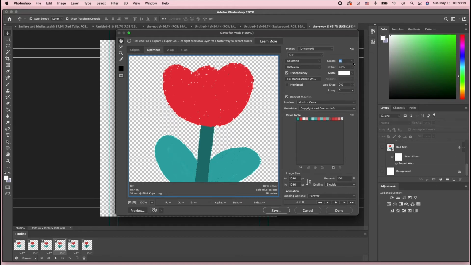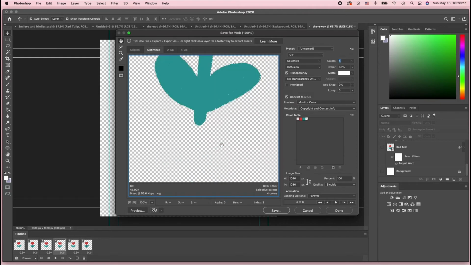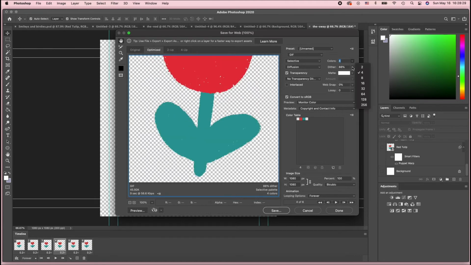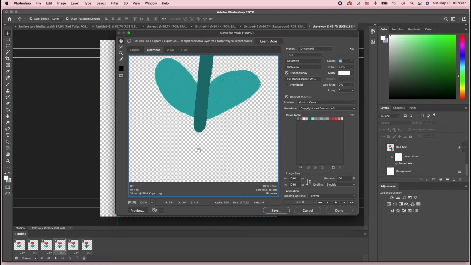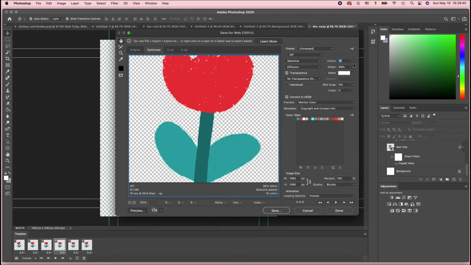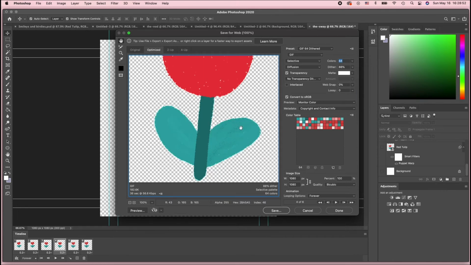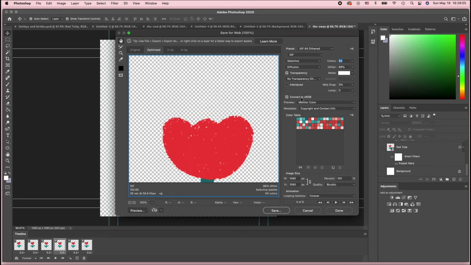For this particular tulip, you can see that, well, for 2 colors, it's just not showing the colors at all. 4 colors, it is, but then the shading is missing here. 8, I finally see the stem. 16, I think there's more nuanced shading going on, and 32 as well, and 64. And 64, 128 seems pretty similar to me, so I think I'm going to stop at 64,